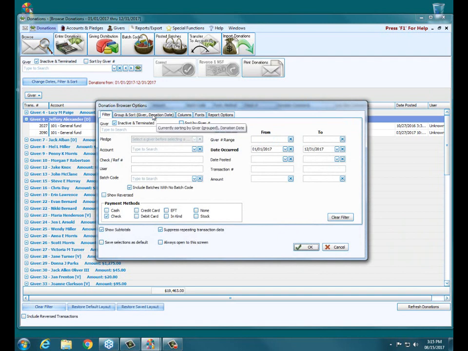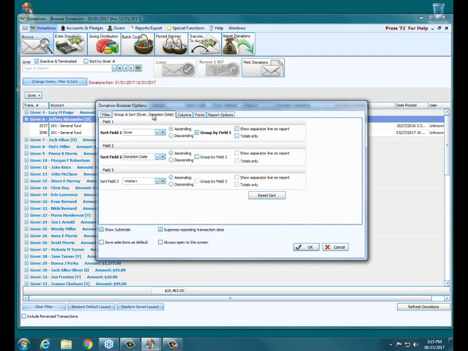All right, and let's take a look at the Group and Sort tab. So Group and Sort allows you to sort by up to 3 different sort fields. And the default, as you can see here, is Giver. It's both grouping and sorting by giver. Grouping refers to the plus and minus buttons for each giver that are combining all of that giver's information under